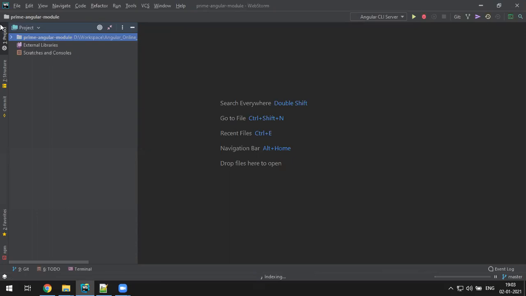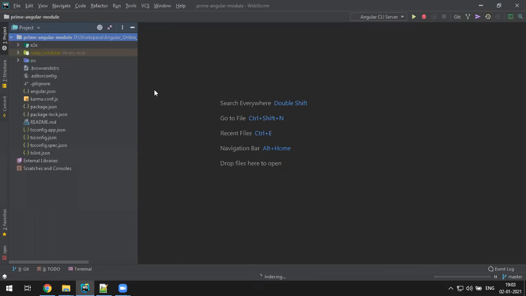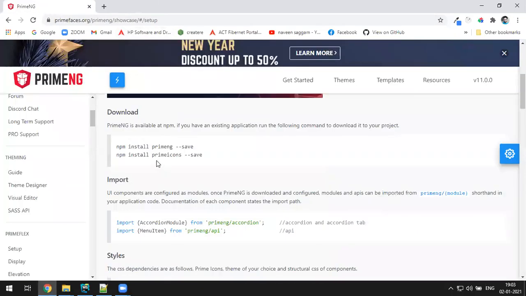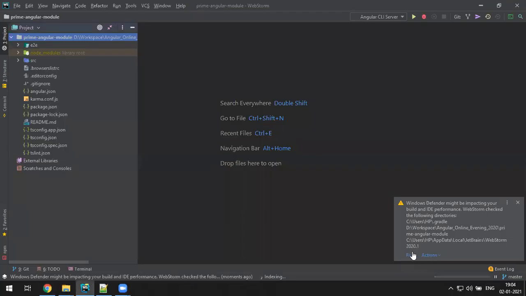So yeah, first of all, what configurations are required here? If you go here, just close this, it's not required. Getting started, yeah, these two you have to install separately, just like we install MDBootstrap. Just copy this, go here, fix this.